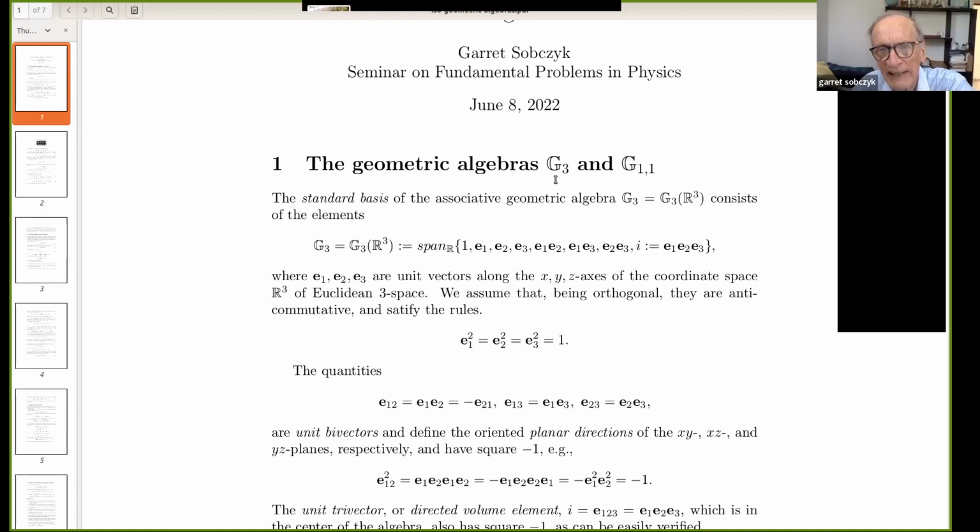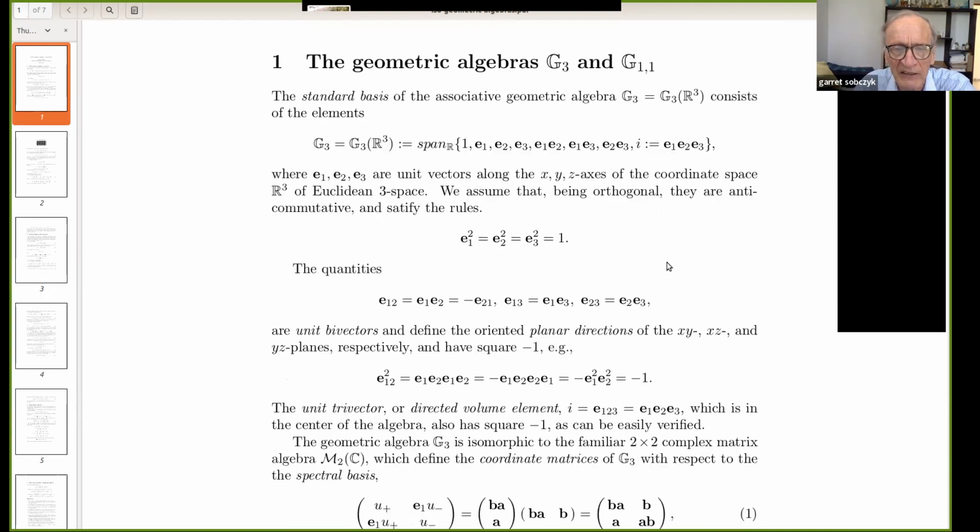Actually, G3 is more closely associated with the complex numbers because it's the complex 2x2 Pauli matrices, whereas G11 is isomorphic to real 2x2 matrices, as we'll see here. Okay, so for G3,